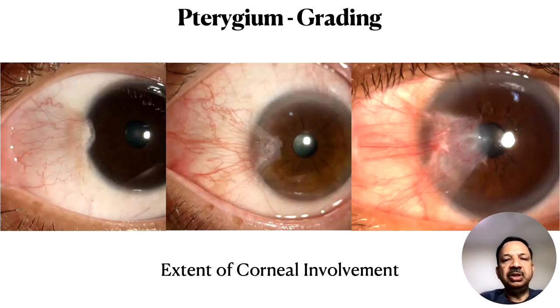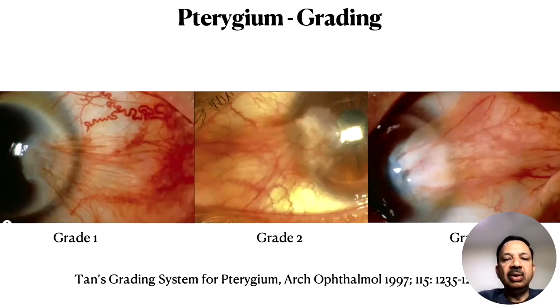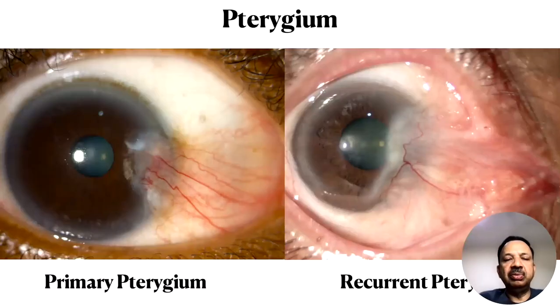The grading of pterygium can be based on the extent of corneal involvement, in terms of how many millimeters it encroaches onto the cornea, or it can be graded with the density of the pterygium, that is how well you can visualize the underlying structures. So in atrophic pterygium, you can see the underlying sclera, whereas in a very large fleshy pterygium, the structures may not be visible. You can also classify it as primary pterygium or a recurrent pterygium,